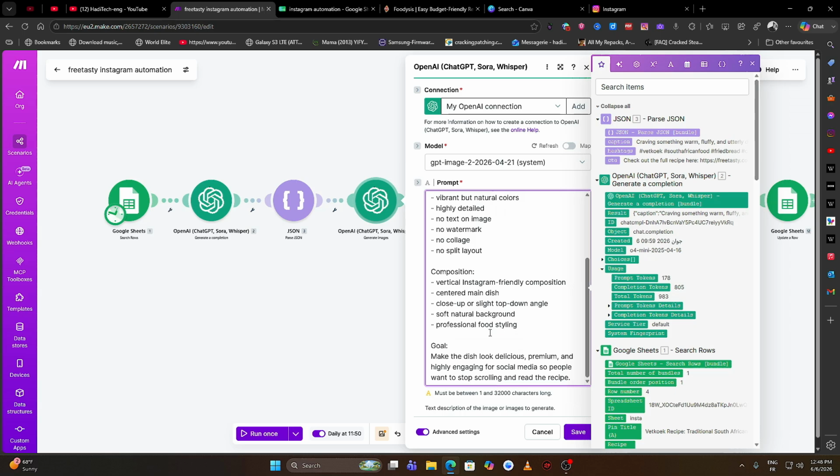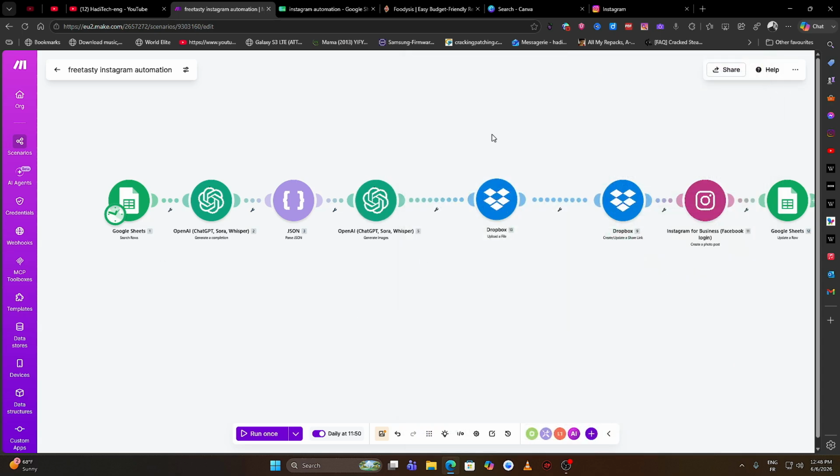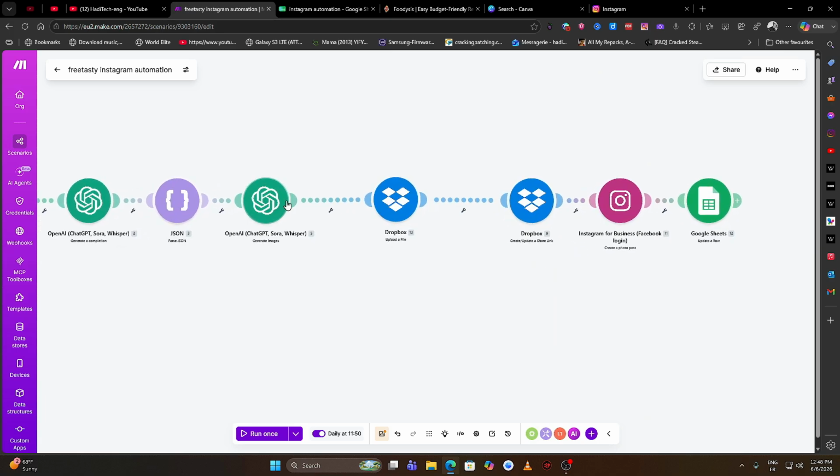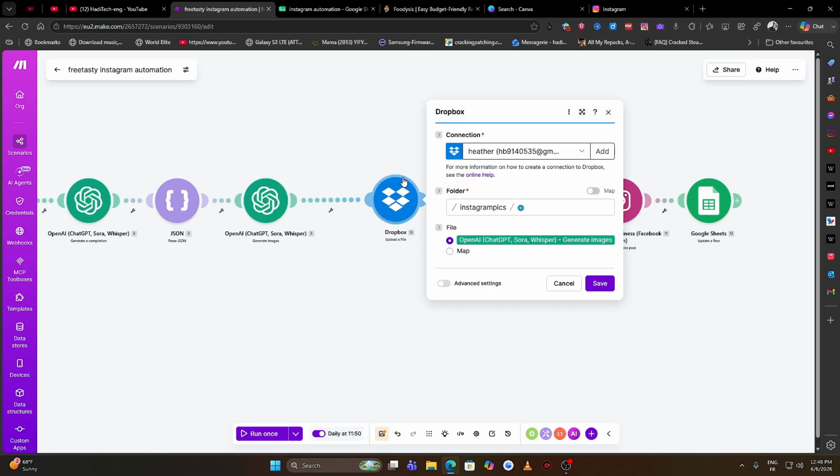The prompt is adjustable, so I'm giving you just the bare bone structure of the automation. You can tweak it however you want. Okay, once you do this, the image will be uploaded to Dropbox, and in here make sure it is connected to Dropbox. If you don't have an account, create one and create a folder within Dropbox itself, and make